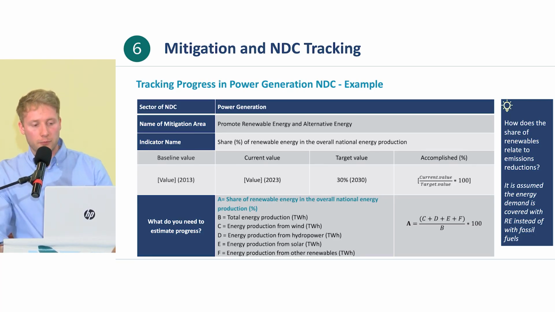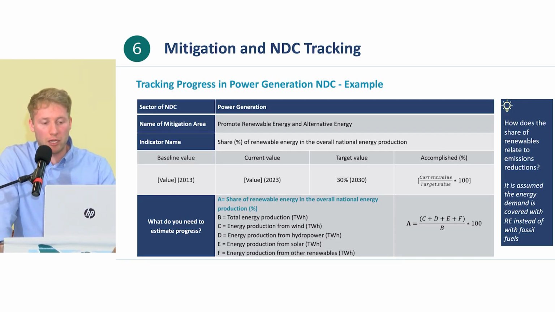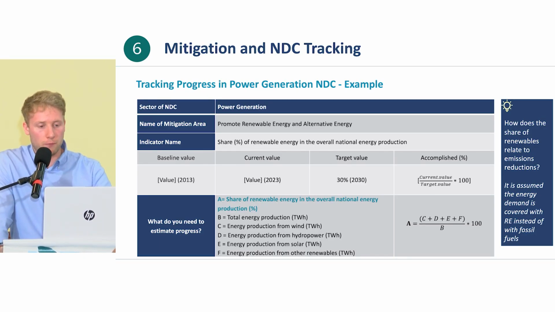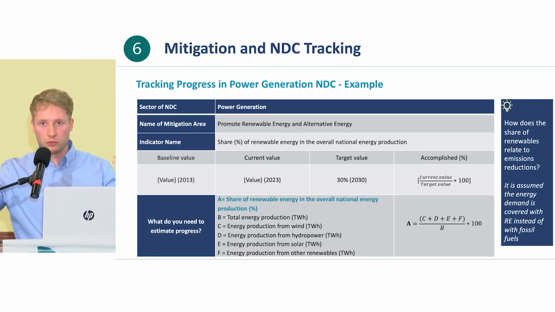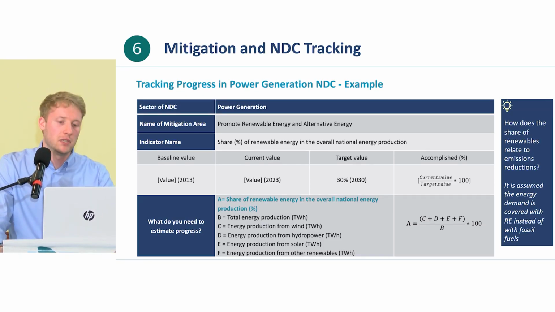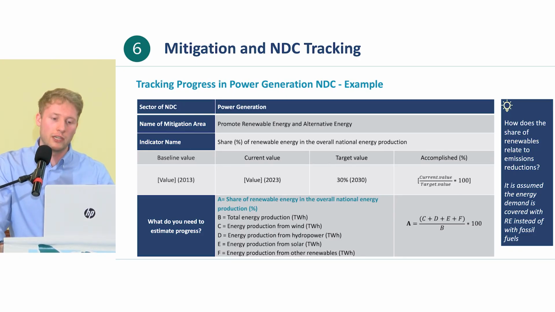So what do we need to estimate that progress? We need to see different potential sources of renewable energy: solar, other renewables like biomass, and then hydropower, wind. And we need to gauge progress using some sort of formula, of course, to see what the percentage actually is. Like, are we getting to 30%? We have our national grid, the energy mix, right, the production. We want renewables to make up 30% of that. We put all of this in here, and we see are we at 19%, so 11 to go to reach